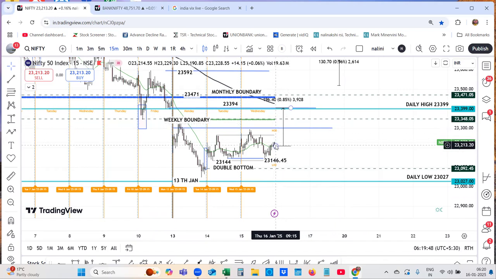Suppose people would have taken a position yesterday around 2 p.m., and this is the 1 minute chart, which time? Let me place it. That is around 1:30. They are going to book their profits when the market gaps up in the initial gap up. After the initial gap up, if it gives a chance, you may get a trade for intraday in this range.